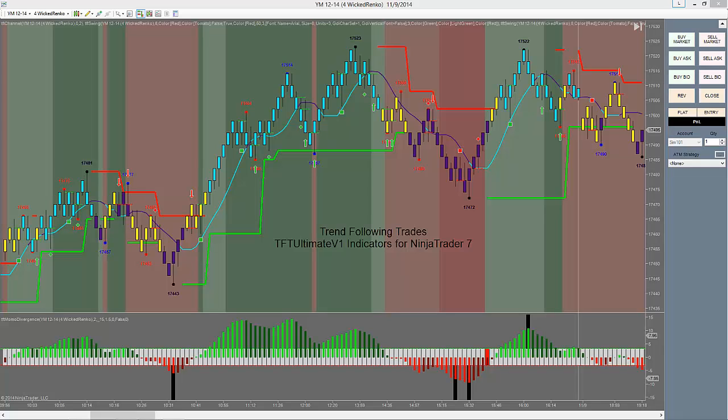Welcome to Trend Following Trades, and the visually simplistic yet extremely powerful new TFT Ultimate V1 indicator suite used for discretionary trading in our CT, or chart trading package, and our AMA, or Advanced Market Administrator, patented multi-market single-click execution platform. These indicators will be used for automation the same way that members are taught to trade them discretionarily by us here